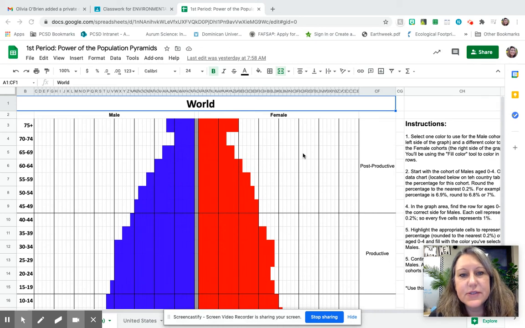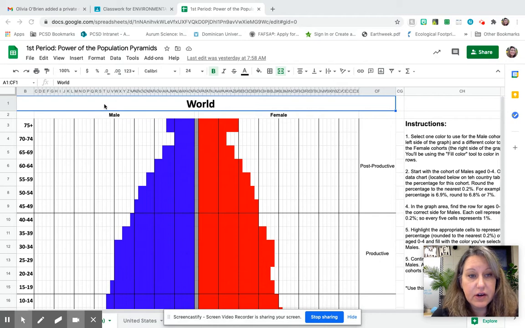Hi everyone. I just wanted to go over again and review how you would do the population pyramids assignment with this. So a couple of things. The first population pyramid that you see is the one for the entire world. Now notice that all the males are on one side of this and all the females are over here on